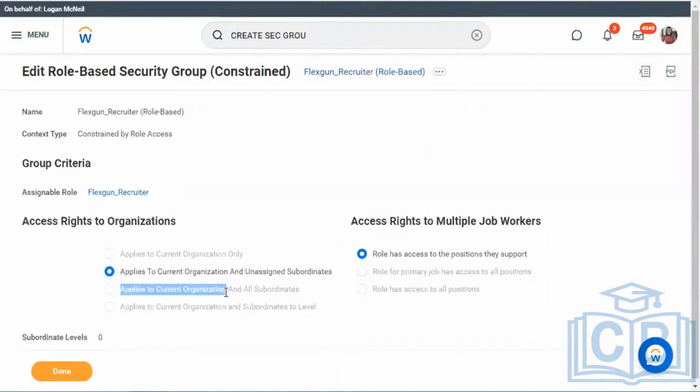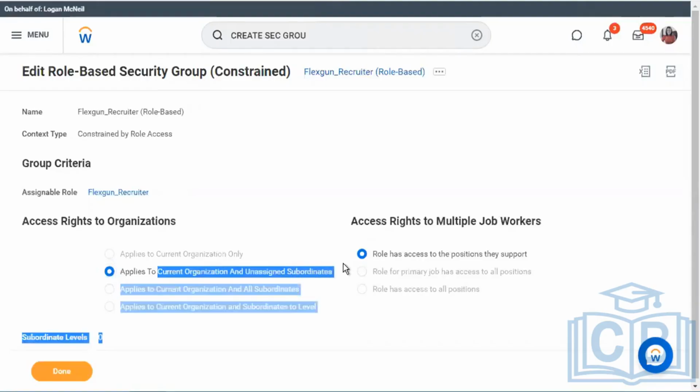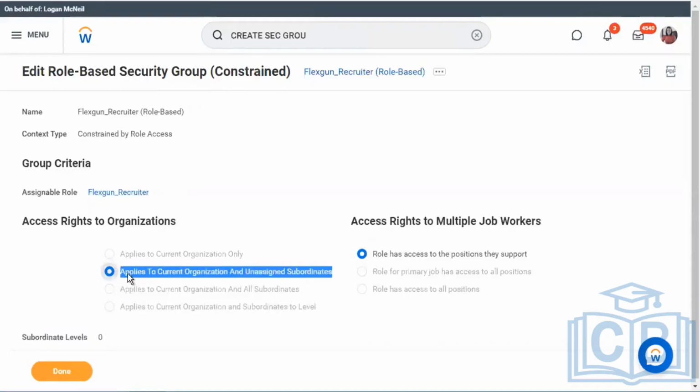The third option applies to current organization and all subordinates. The very thin difference from the second one is that in the third option, every subordinate which has a manager will be getting Mike as a recruiter. In the second option, any subordinate, irrespective of whether they are a manager or inherited organizations, will get to use Mike as a recruiter.